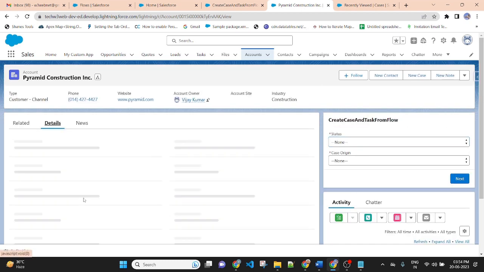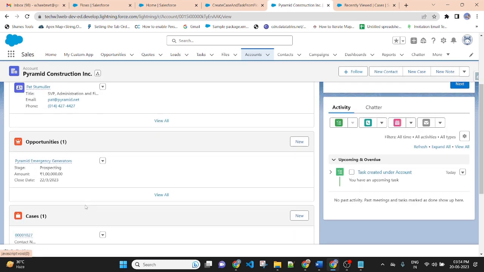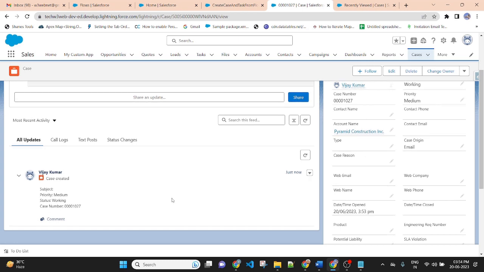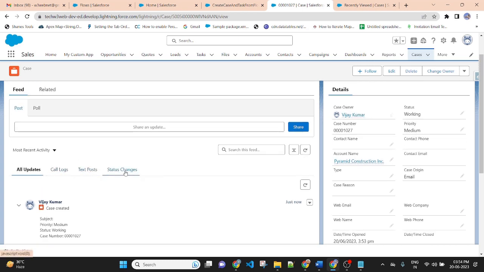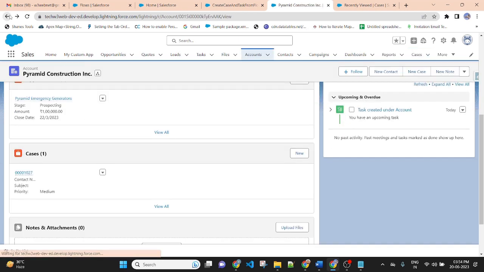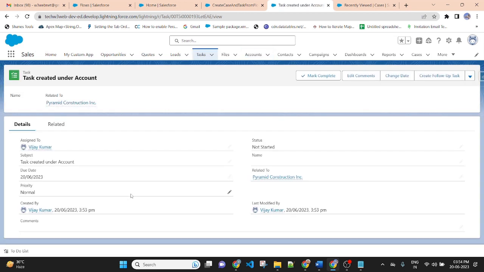So I am checking the detail. The owner of the account is Vijay Kumar. Go to the related tab and open the newly created case record. The owner name will be assigned automatically. Here, go to the detail: Vijay Kumar. Go back here and click on the activity task. Vijay Kumar is assigned automatically. He is the owner of the account, and the task owner is automatically assigned to Vijay Kumar, and the related